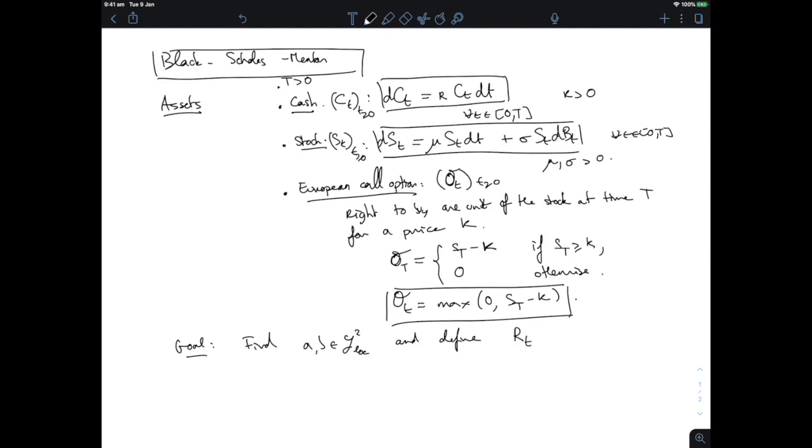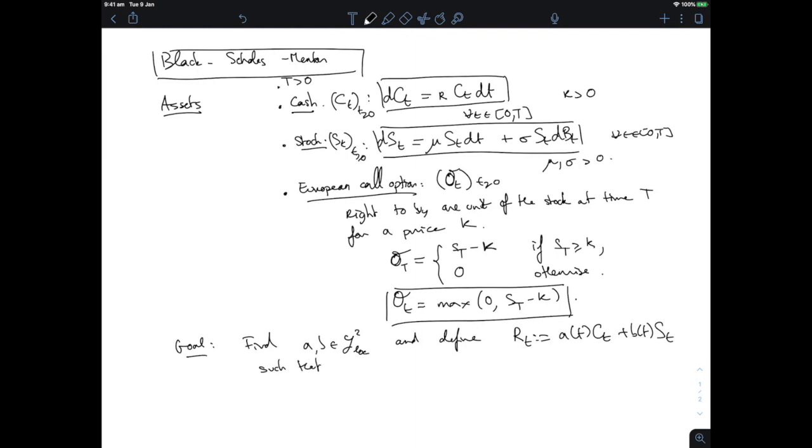So a process whose value is defined by R_t equals A_t times C_t plus B_t times S_t. So really we're talking about a portfolio that contains A_t units of cash and B_t units of stock, and satisfy